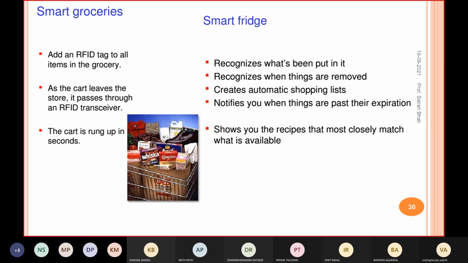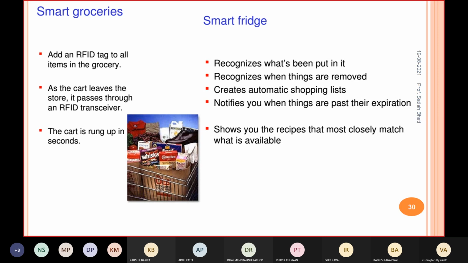Then the smart fridge. The smart fridge will find what is already inside your fridge, right? Some products, like milk or some kind of product, are eatable for only a limited number of days.